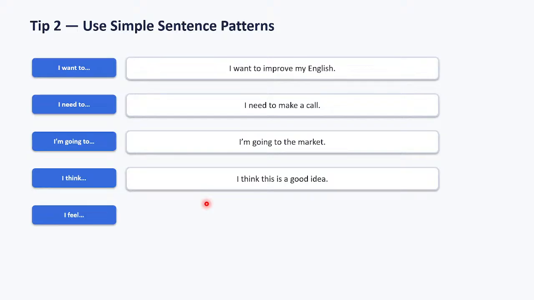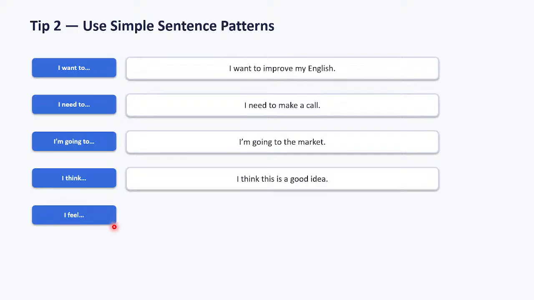If you try to speak English, once you know the grammar, but you don't know how to speak, how are you going to speak English, correct? First, make simple sentences, not the big ones, not complex sentences. Use simple words. I want to, I need to, I am going to, I think, I feel. So this is the second tip. First tip is there, no word to word translation. Local language to English, no word to word translation should be there while learning or speaking English.